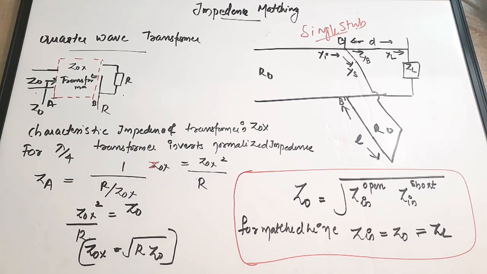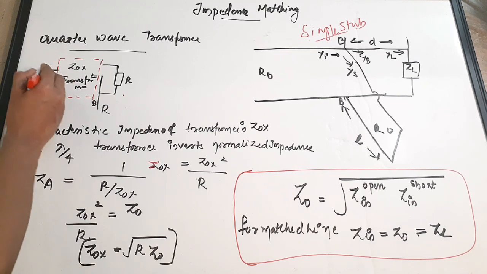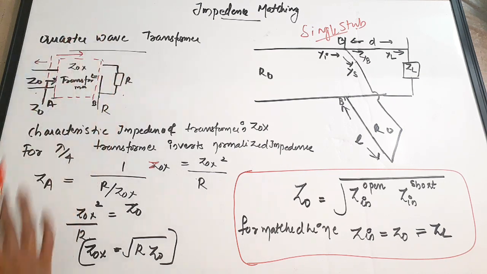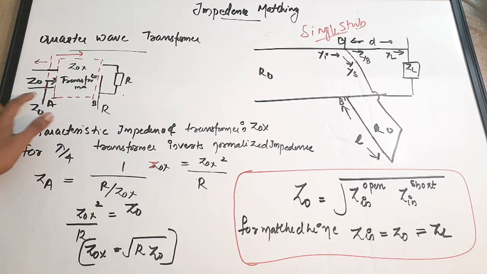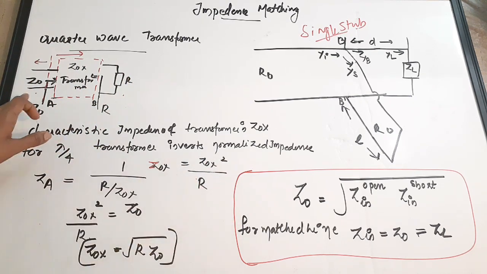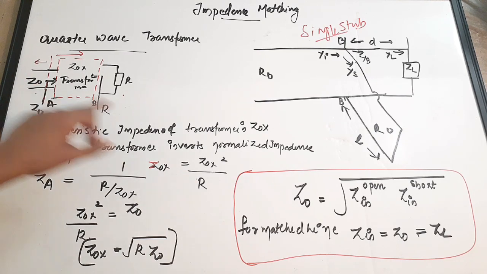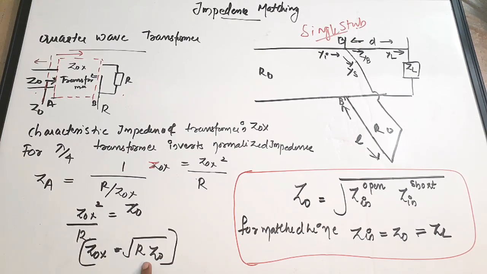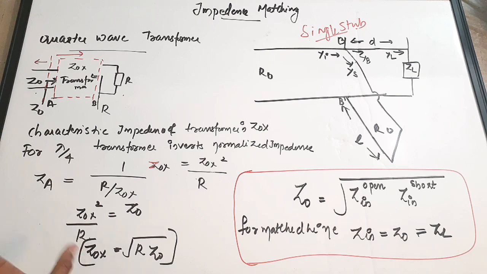That is the concept. Our aim is to make the impedance of this portion, that is the portion towards this side, equal to the remaining portion, right? For that we are placing a quarter wave transformer here, and we write the equation for the impedance from this point towards this load, which is ZOX squared by R, and it is equal to the characteristic impedance. Equating this, we get the characteristic impedance equal to square root of R Z0, where R is the load impedance and Z0 is the characteristic impedance of the transmission line which we are using. So this is impedance matching using the quarter wave transformer technique.